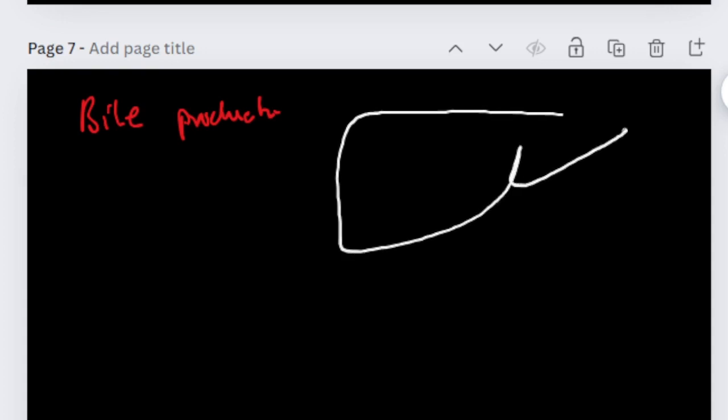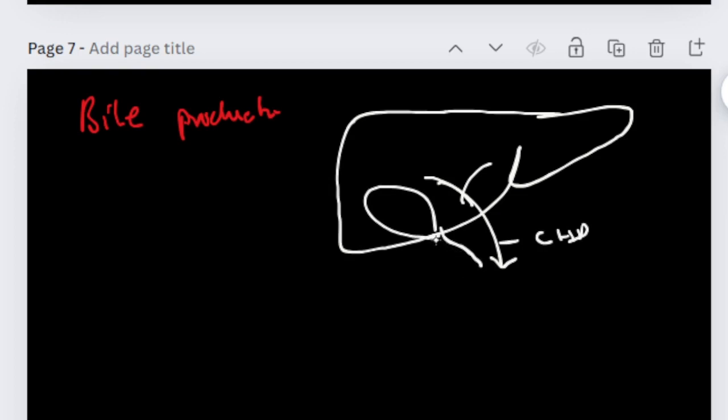This is your liver. Okay, and here one is the bile duct. This is the bile duct coming from the liver. Okay, this is the common hepatic duct. Left and right hepatic ducts combine and form the common hepatic duct, and there is a gallbladder present here. Okay, and from the gallbladder there is also a duct that comes, and when both are combined, they form the common bile duct. This is the cystic duct. When they come, they form the common bile duct. Okay,